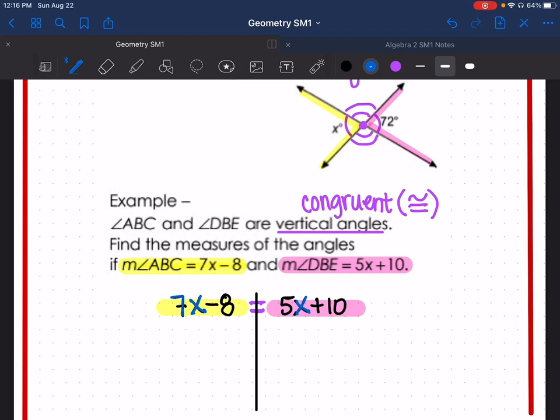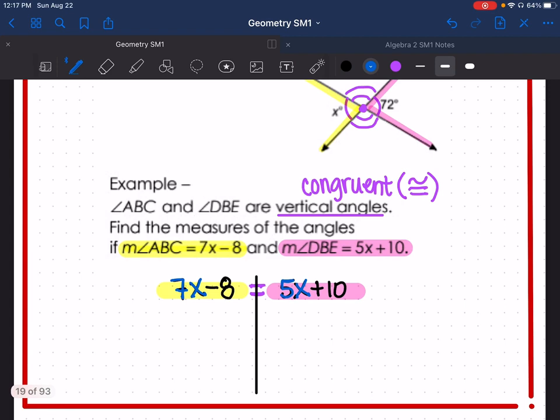And let's move the smaller one over to the same side as the larger one. 5 is smaller than 7, so I'm going to subtract 5x because it was a positive 5x. If it had been a negative 5x, I would have gone ahead and added it. That gives me 2x. I'm going to bring down my minus 8 equals, and I did not cross out the